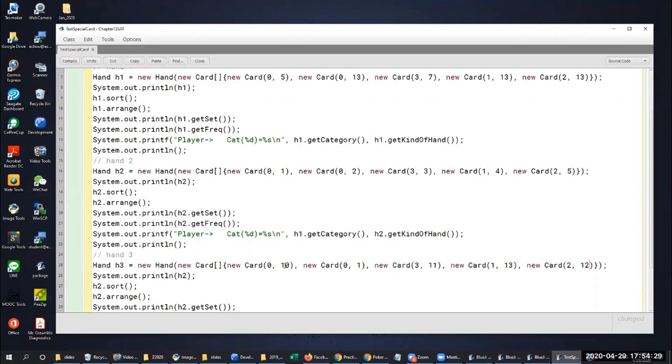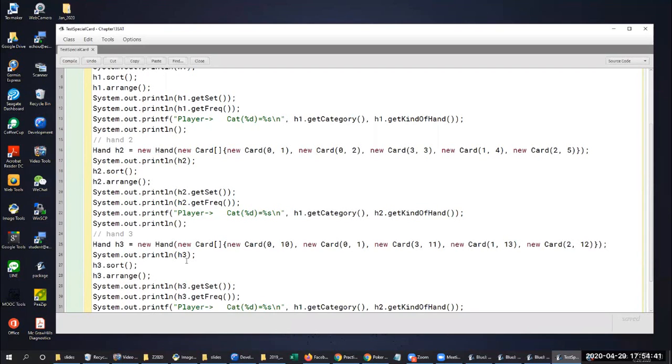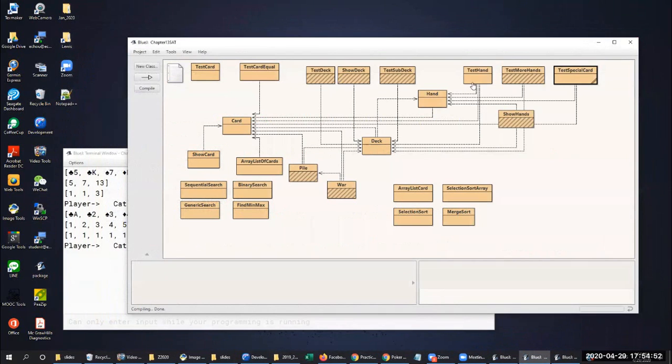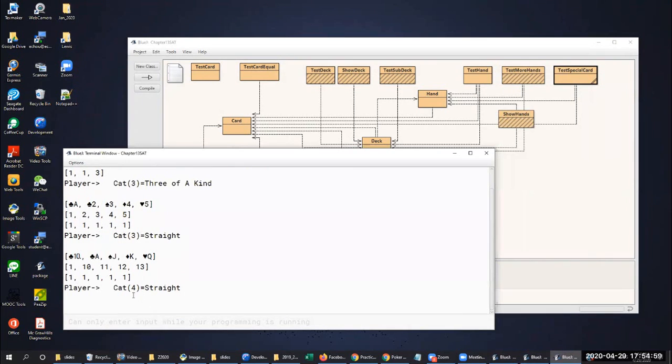So this one is a straight, but with A. So after I write the code, I still need to go into the detail to test it, and you must cover every possible corner of the test. The reason why I show you this program again is because it's very complicated. It actually is a straight, but category